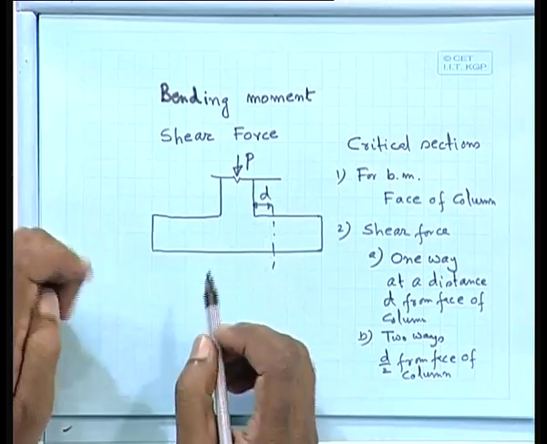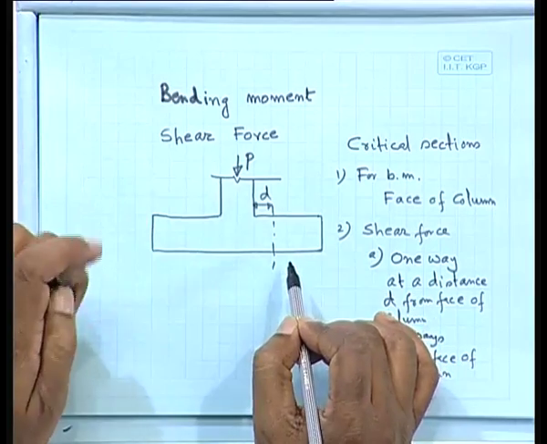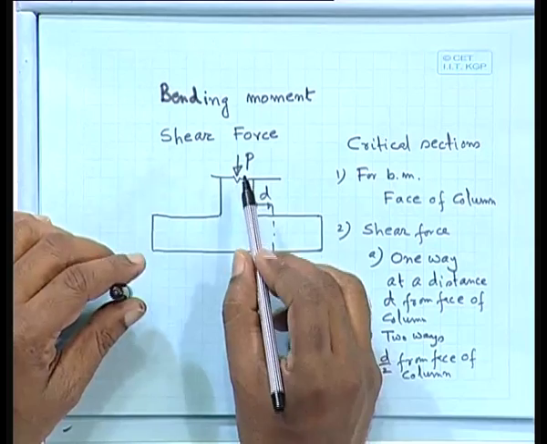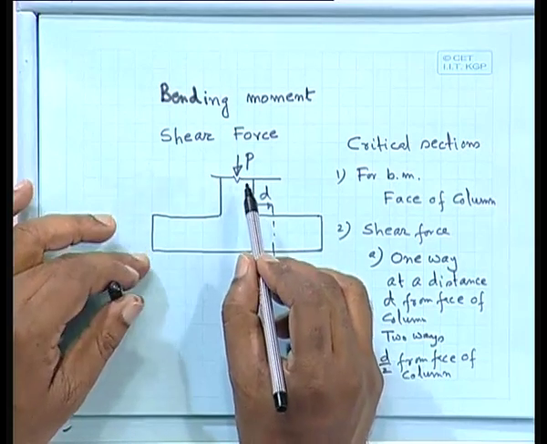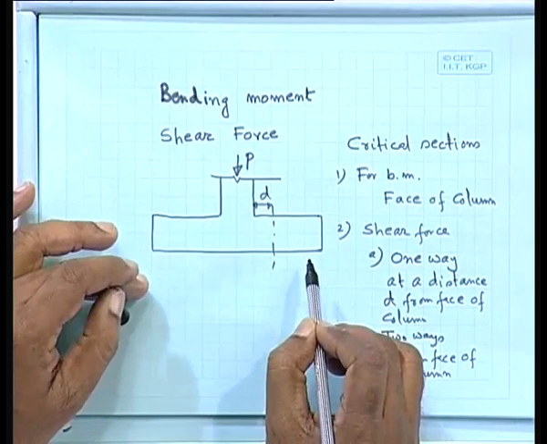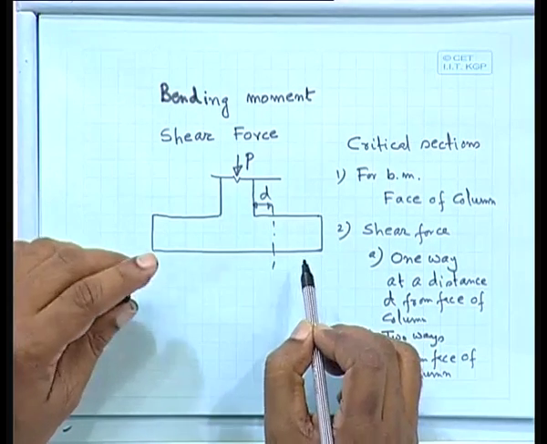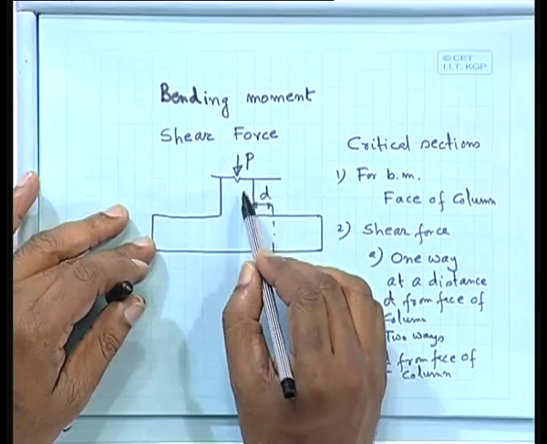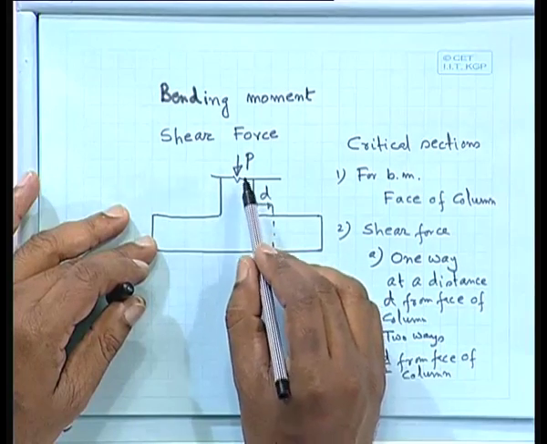So, first step, let us recapitulate. First step, what is the load you have, and that should be the characteristic load. It is not the ultimate load, because we are not taking the ultimate bearing capacity of soil. We are taking the safe bearing capacity of soil. You can say that is the serviceable one. So, the load you will take here, that P, is not multiplied with 1.5 or whatever it is. That is the first difference, because otherwise if you multiply with 1.5, your footing size will be bigger. So, that you should